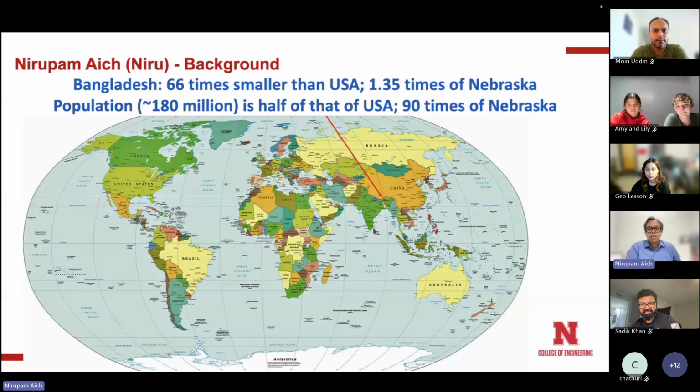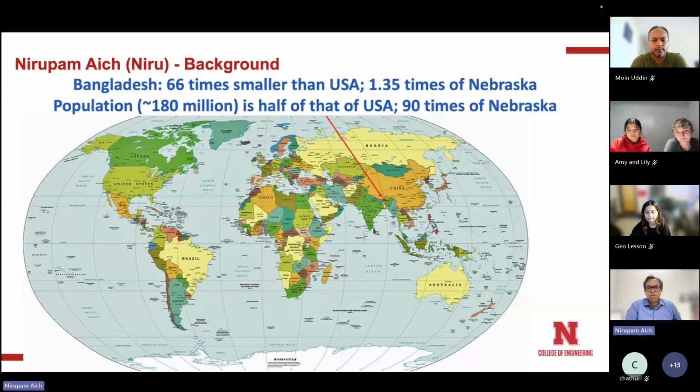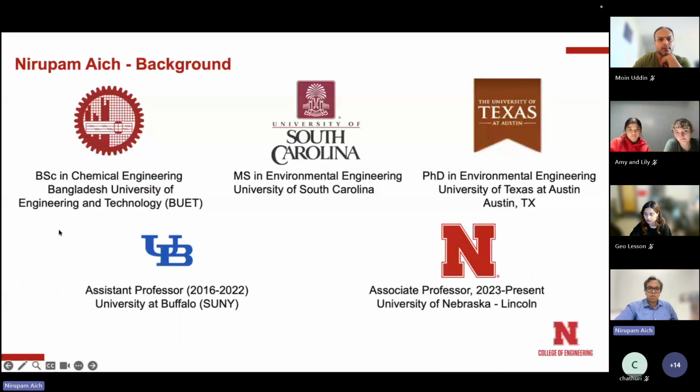So the reason I talk about this is, if you look at the size of Bangladesh versus the US versus many other countries like China, Russia, you can imagine that the population density is very high, and that creates a lot of stress on resources, including water and everything, right? So that's what drove me to go into chemical engineering. I did my bachelor's in chemical engineering at Bangladesh University of Engineering and Technology,